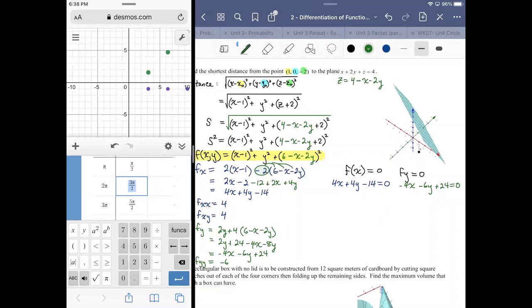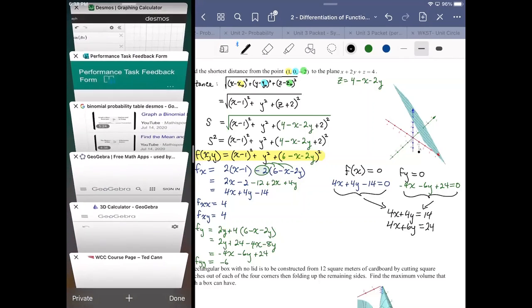Now I'm going to write it as a system. So these two come together to make 4x plus 4y equals 14. And then 4x plus 6y. I'm just adding the negative 4x and negative 6y to both sides to give me a 24. Now you can do it any way you want. I'm a big fan of the Desmos matrix calculator,